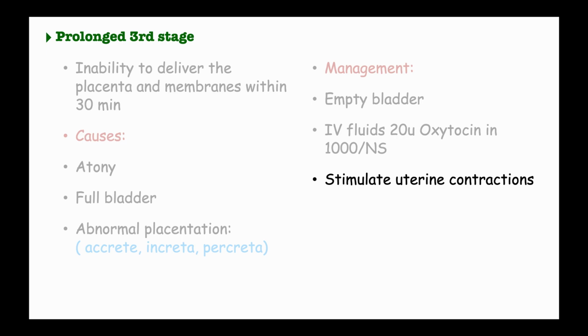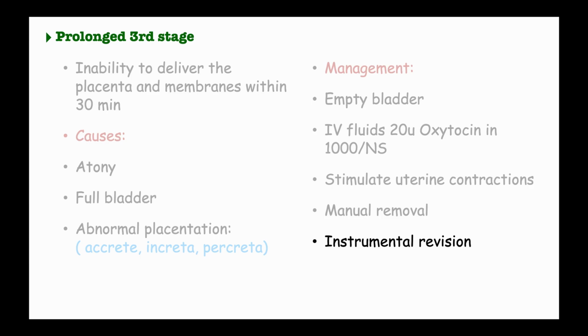It is very, very important for us to ensure this because it is going to reduce the risk of postpartum hemorrhage. Alongside, we have to check the blood pressure of this woman every 15 minutes and make sure that we keep this woman nil per os, because there may be the likelihood that this woman will go to the theater for an operation to remove the placenta. And so we may also do manual removal of the placenta under general anesthesia, or we can even do instrumental revision of the uterus to try to bring